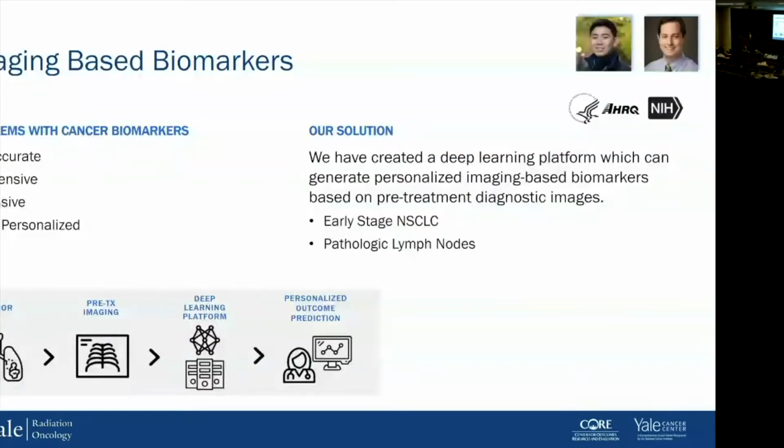So, imaging-based biomarkers. A lot of the work that I'm going to be presenting here is because of an undergraduate named Justin Du and our former chief resident, who's now at Dana-Farber, Benjamin Kahn. And so a lot of the work that they've done is going to be presented here today. And a lot of the work that I did in my postdoc is on the image side.